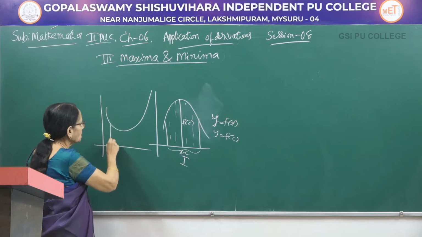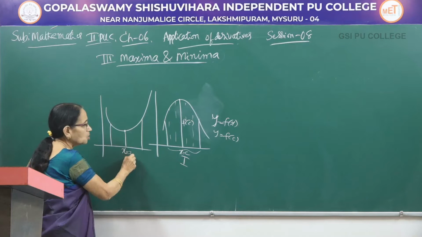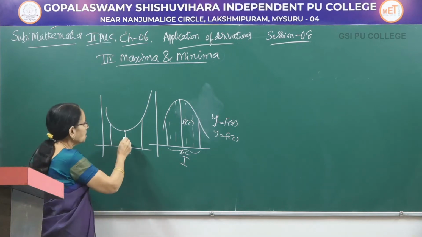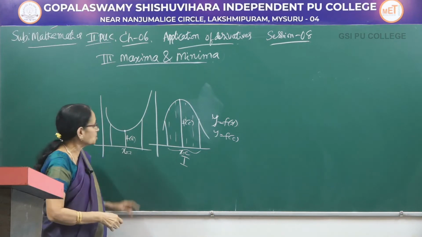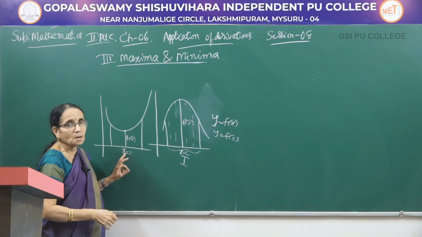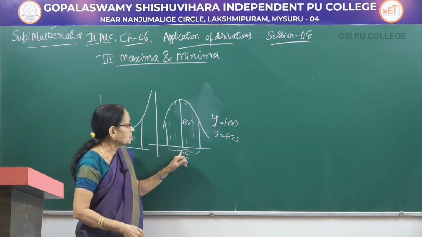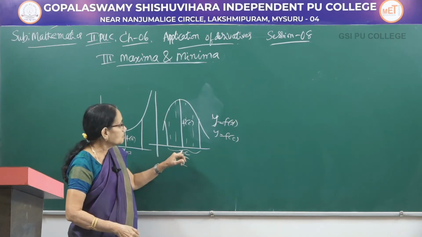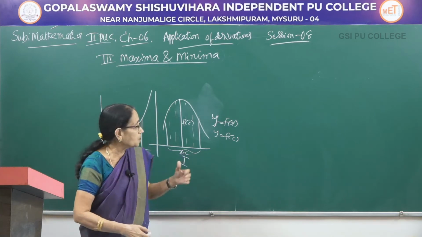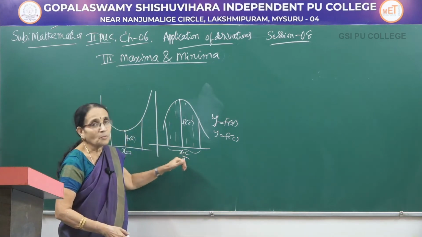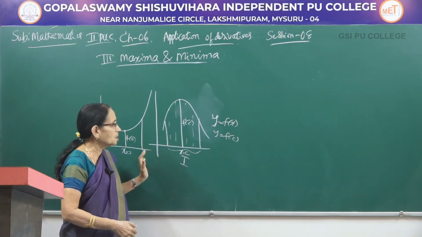Similarly, when you draw the graph like this, suppose you draw a graph here. Now take an interval here, say here to here. And at this particular point, say x is equal to a. We observe that the function is having the very small, least value. So this point, we call it the minimum point. This value, we call it a minimum value. Similarly, this point x equal to c is called the maximum point and f of c is called the maximum value. So, you can say point of minimum value, point of maximum value, or you can call it the maximum point or the minimum point.